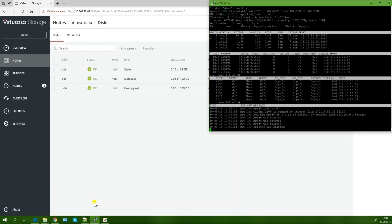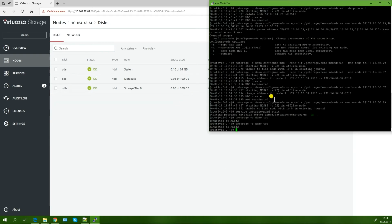You can note that we have this 6 MDS, which is the reinstalled first one, and the new chunk server has been created, 1035. So with that, we actually rejoin the node into the cluster. Now it's working fine, and we can migrate a virtual machine to this node and move forward and reinstall the other node. So the second node that we want to migrate would be